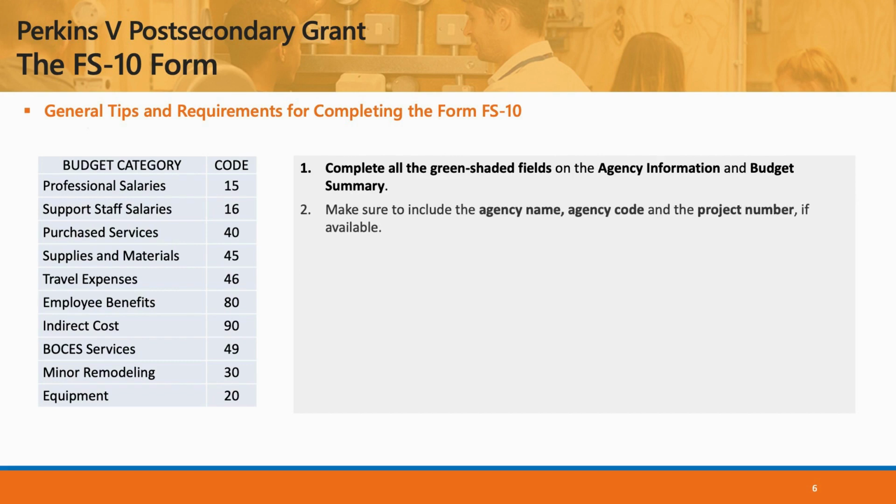Make sure to include the agency name, agency code, and the project number. The Grants Finance Office at the New York State Education Department cannot process the forms unless you include these items. Code each budget category item by goal number. For example, Goal 1, Manager, Goal 2, Technology Equipment. Note that this is why we encourage you to review your goals before getting into the specifics of this form